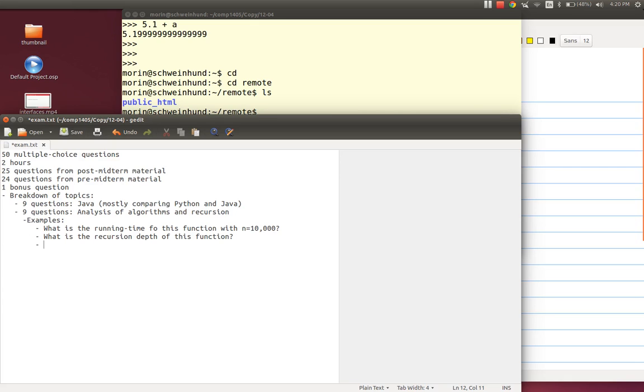One thing that will be important is to remember what log n is. It's the number of times we can divide n by 2 before getting a result less than 1.